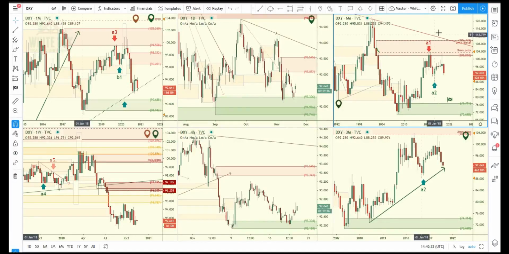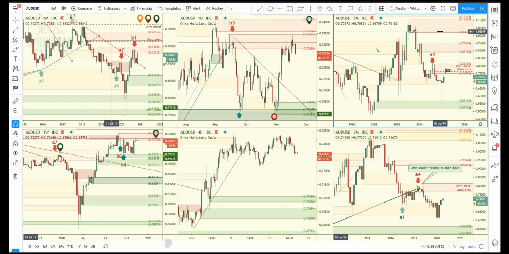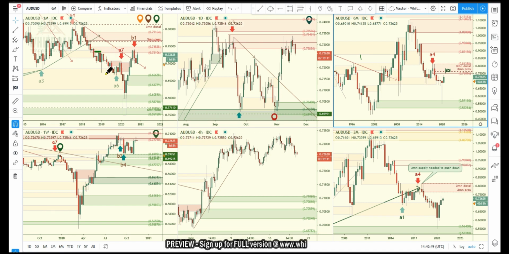Alright, so let's take a look now at the Aussie. When we look at this monthly chart, what we can see is that the Aussie came up and contacted this supply zone that has been lightly tested previously. And we know that when a zone has been lightly tested, we will typically get a very good reaction from there. And so you see right here, we got a really nice reaction to the downside,